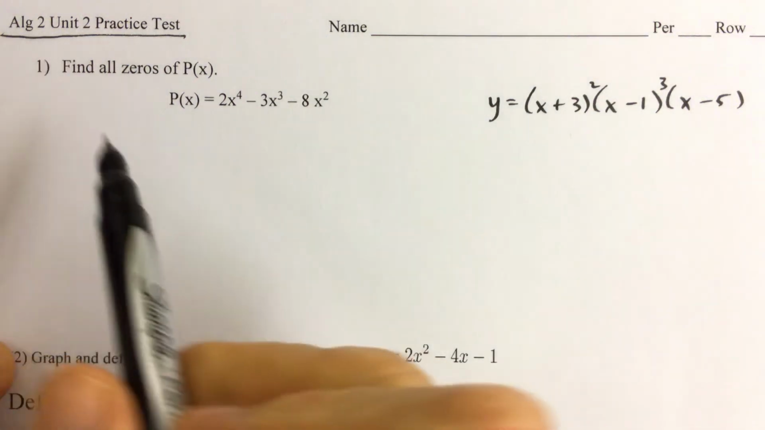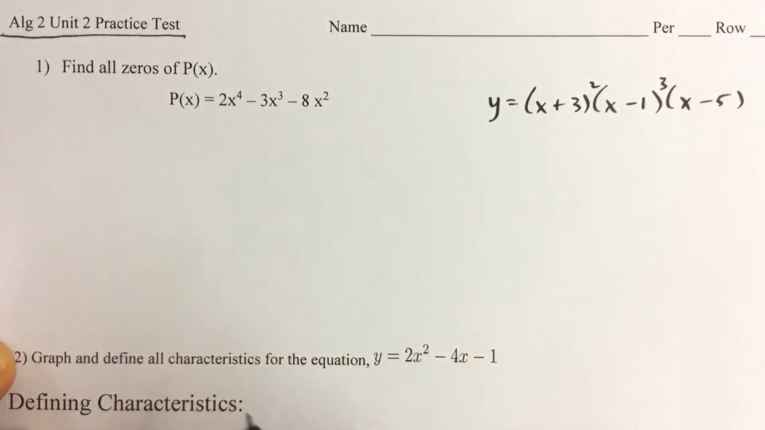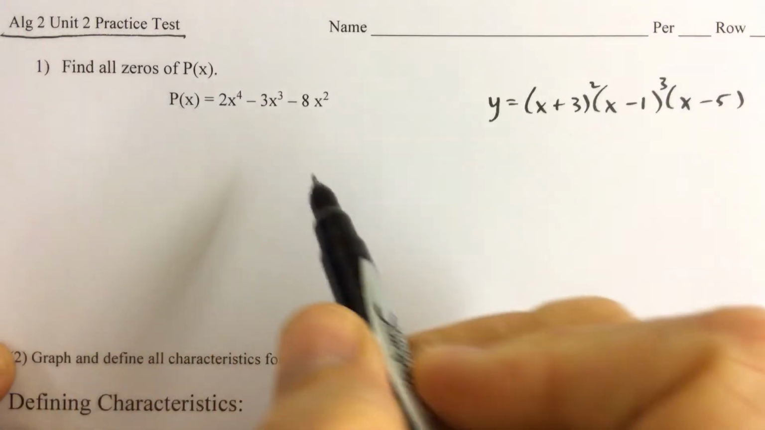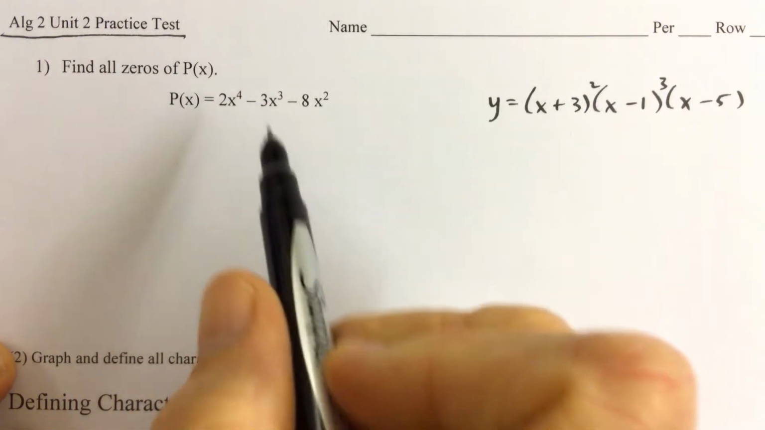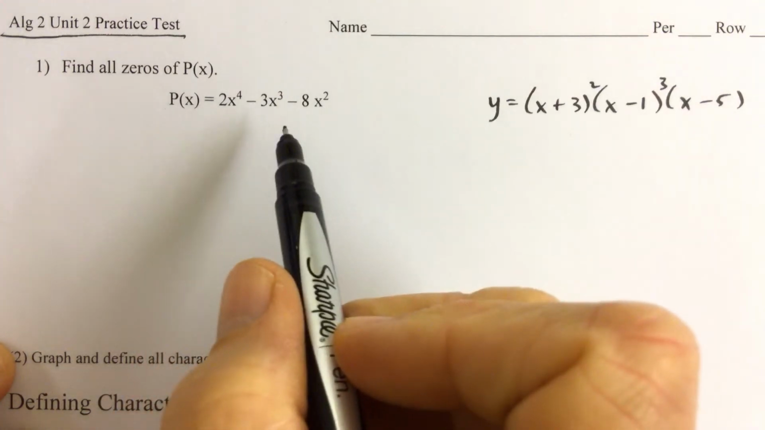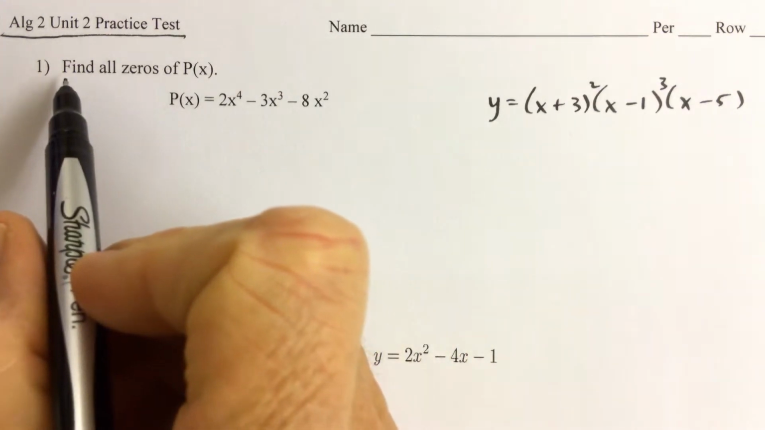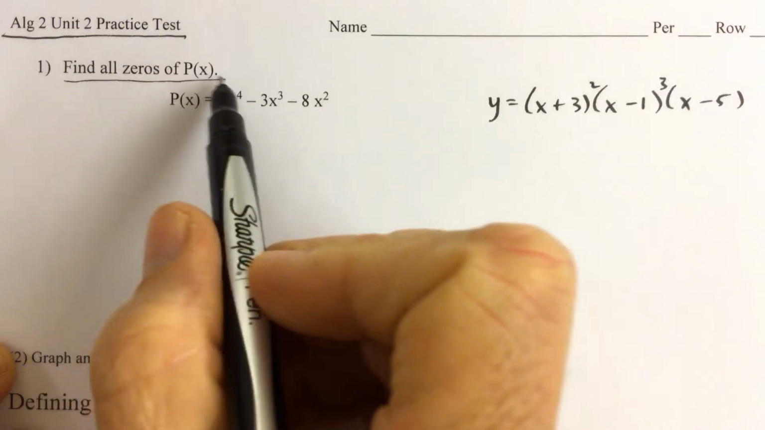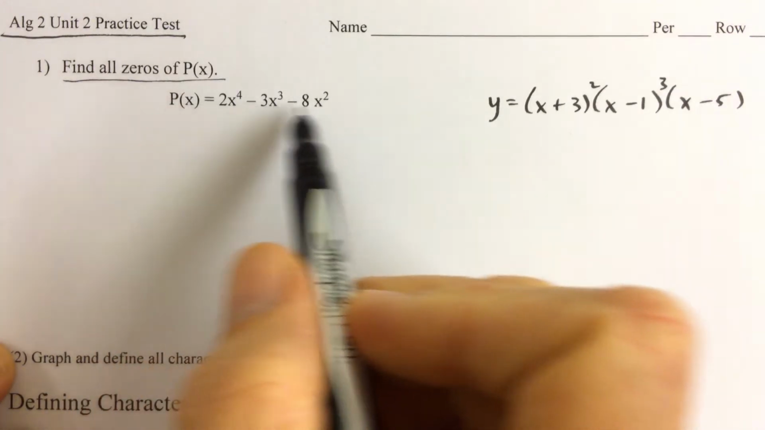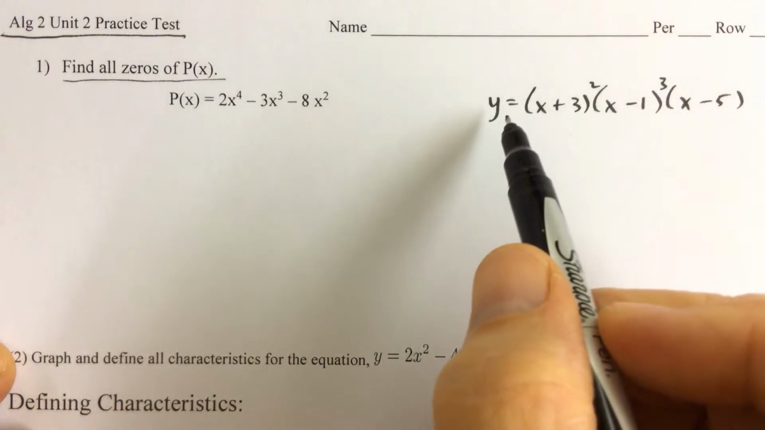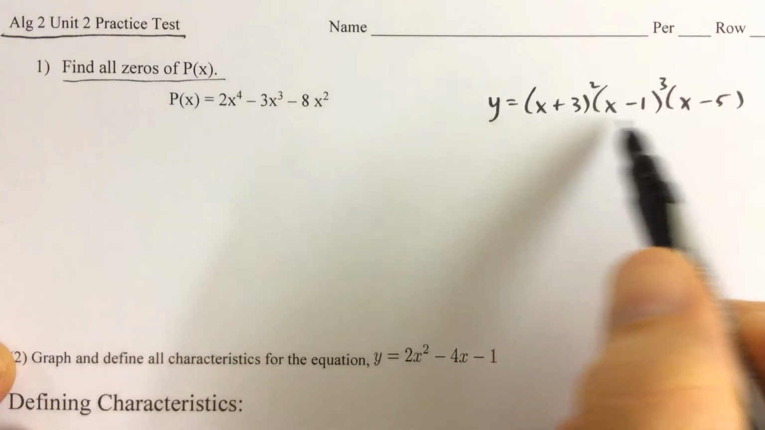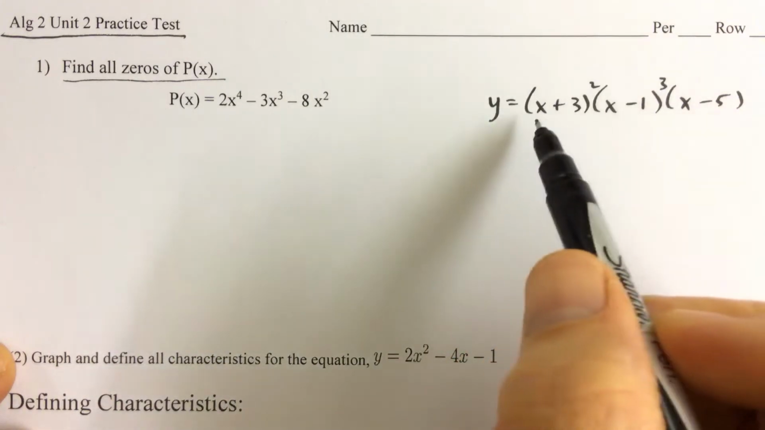As you get ready for the test and you go through this practice test, every time you get a question that you perhaps don't know what to do right away, or maybe you're just thinking about it, I want you to ask yourself, where have I seen those instructions before, like find all zeros of p of x? Here we have a polynomial function, and just recently we learned how to graph polynomial functions that look like this